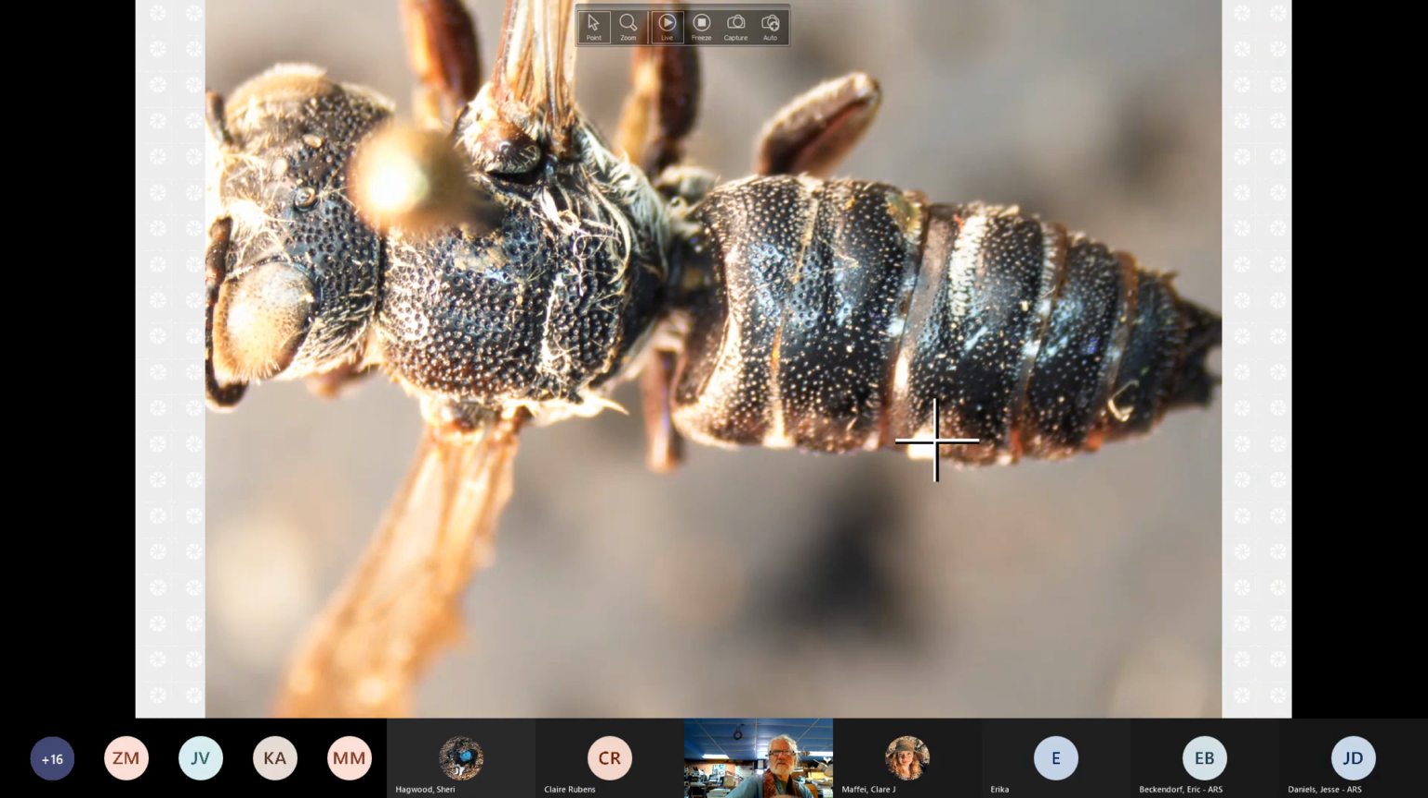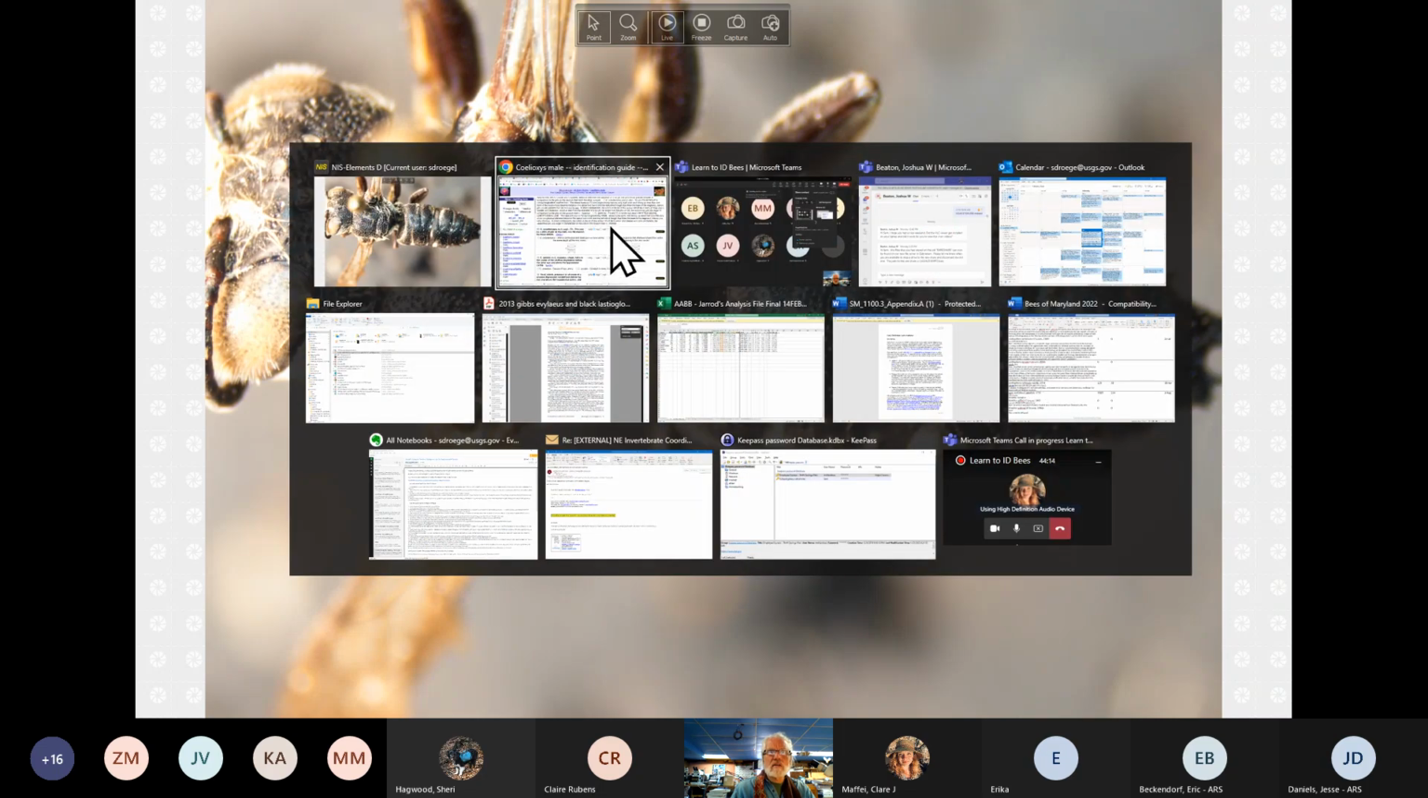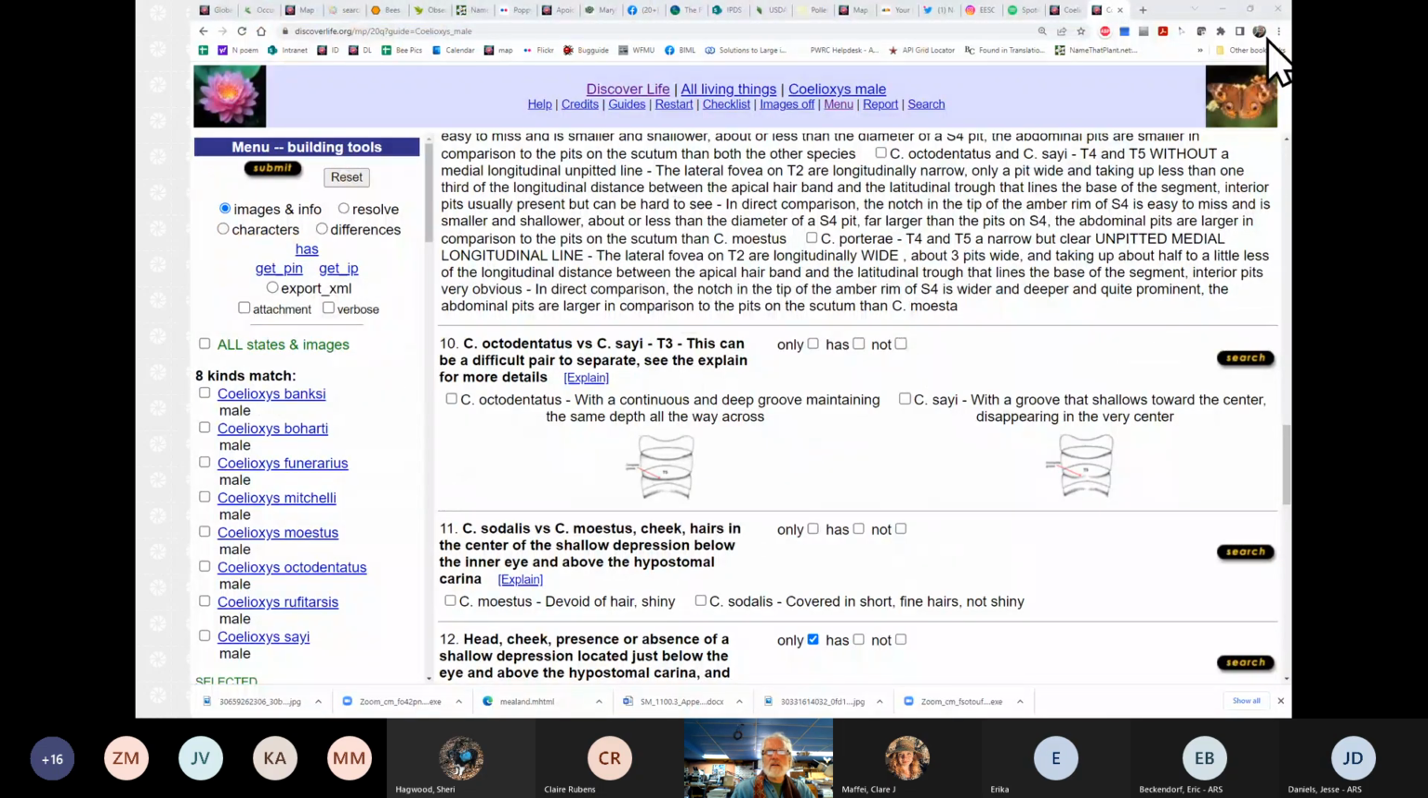In those particular cases, I don't know if this species has fovea or not. That could be fovea there. We're going to take a quick dive here because these are rare species I don't have memorized. And we'll go to